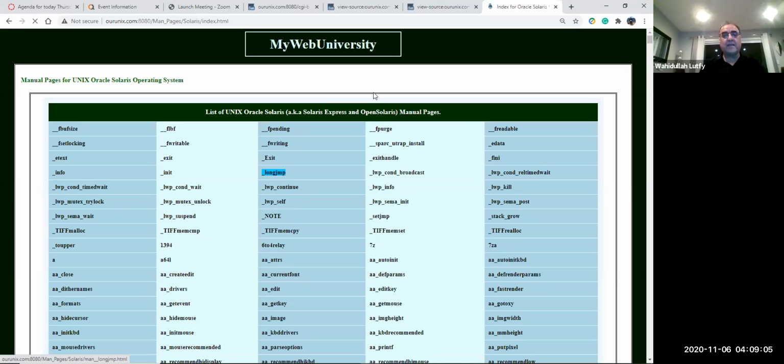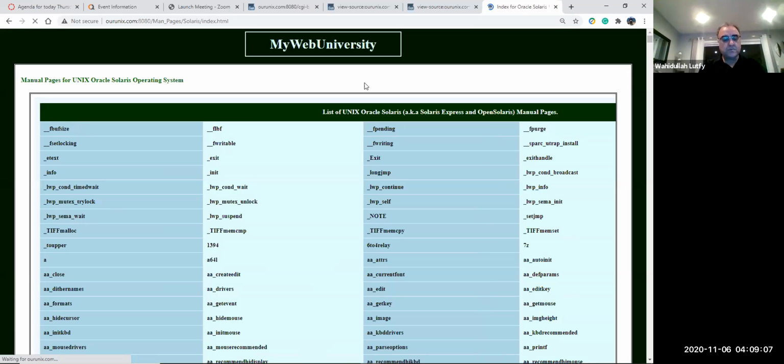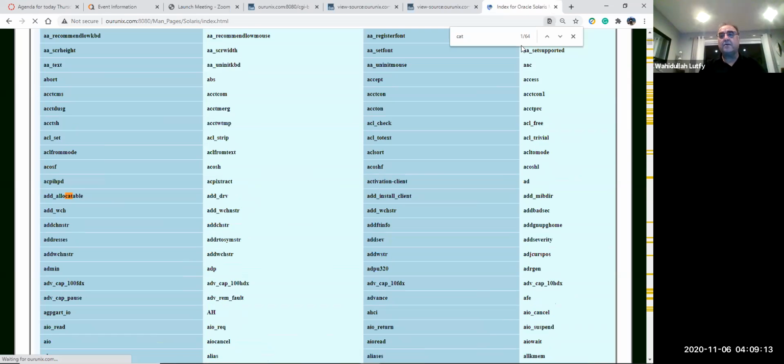So if you're looking for a cat command, press Control F and type in cat. It will show a lot of cat commands here. Look, there are 194 of them. So if you're just looking for the one that is specific to one system, rather than coming on this page,